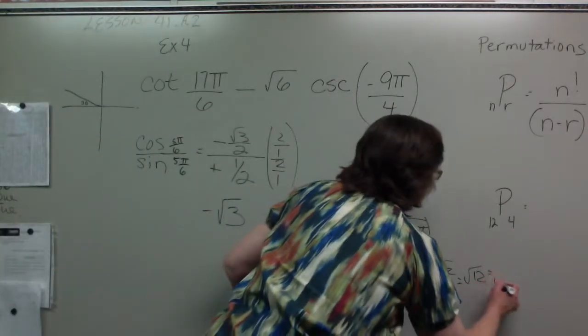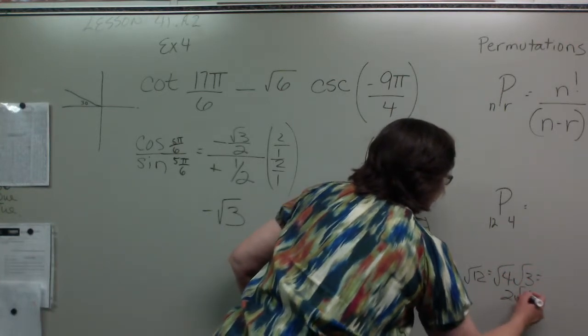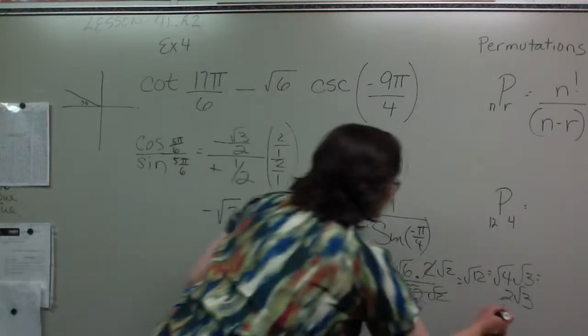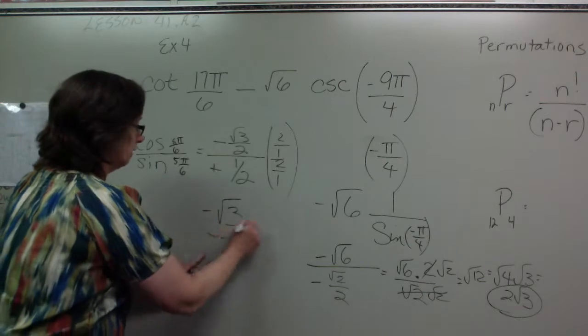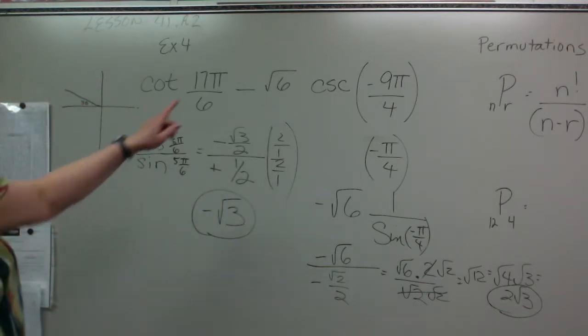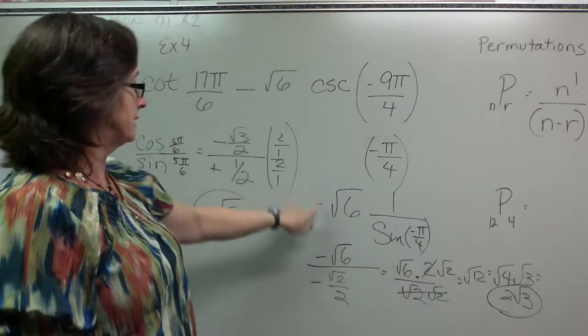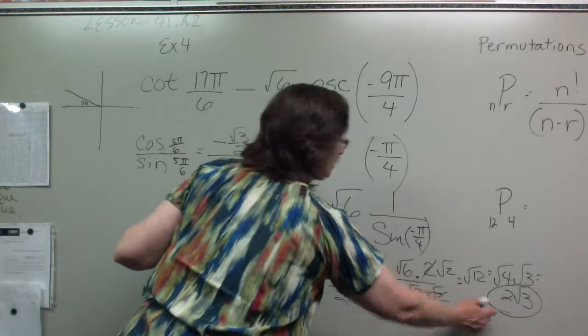The square root of 12 is the same thing as the square root of 4 times the square root of 3, which is 2 square root of 3. So then I have this 2 square root of 3 over here, and the original was a negative square root of 3, and I am putting them together. Notice I already had my minus sign taken care of,